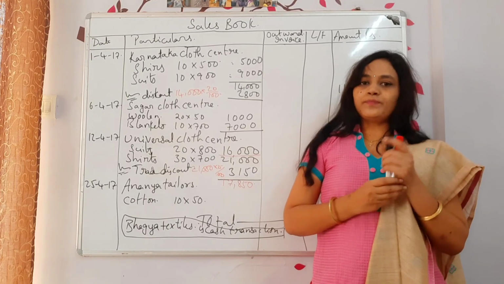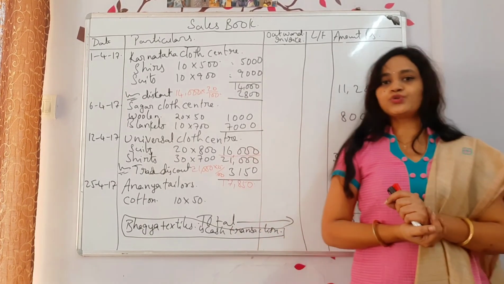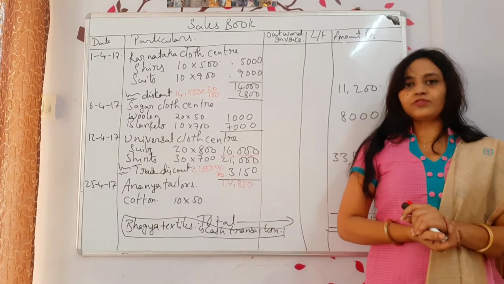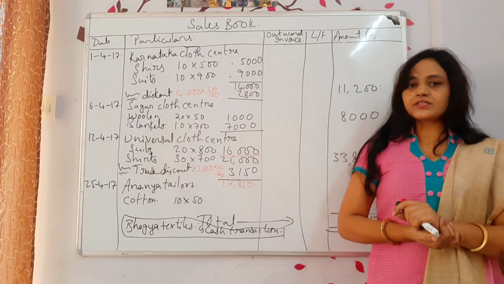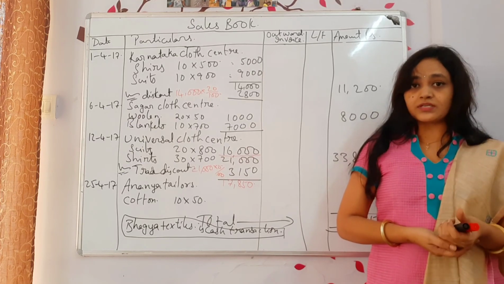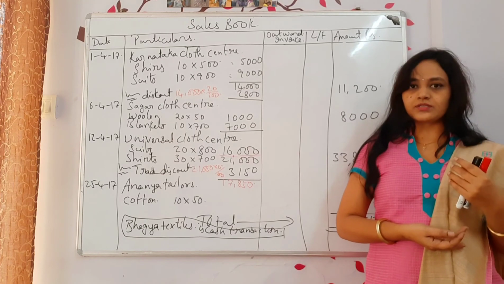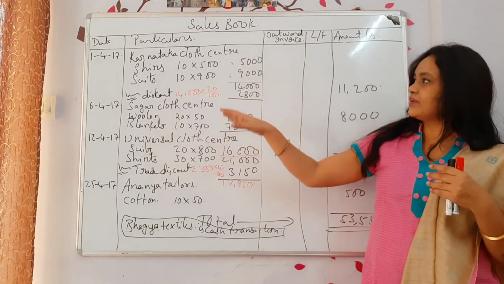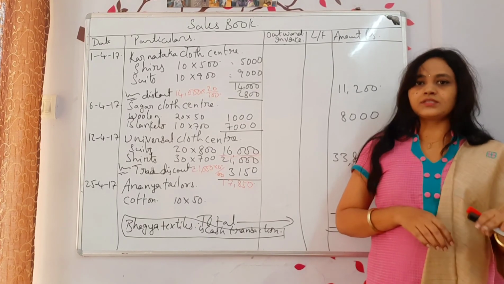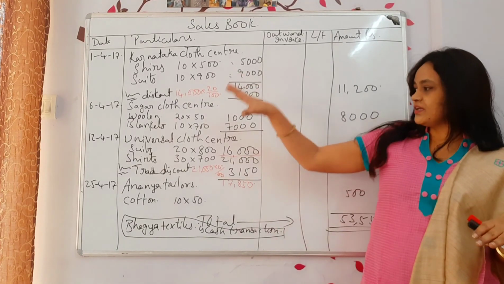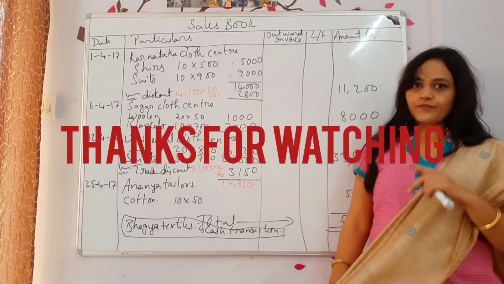For sales book, purchase book, sales returns or purchase returns, everything, first you should know the English. If you understand the transaction, then you can write it down. You must understand whether it is a purchase or a sale, or whether we returned or received returns. If you understood, just write it down. There is no to, by, received or paid. Directly, plainly you can write down the transaction. Clear? All of you understood?